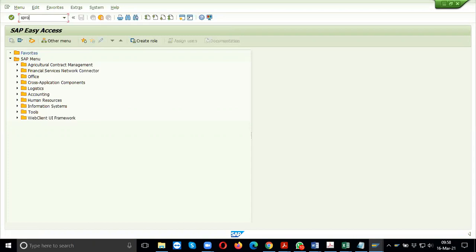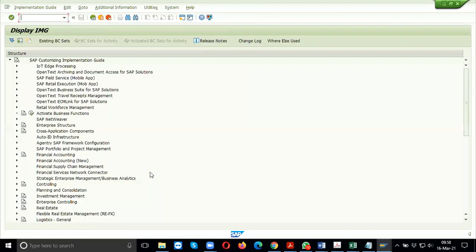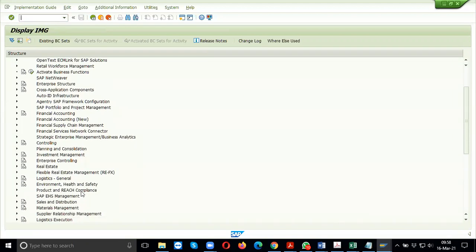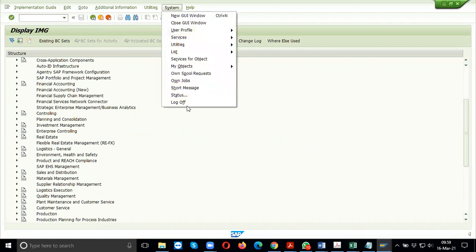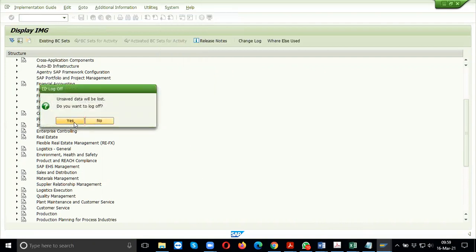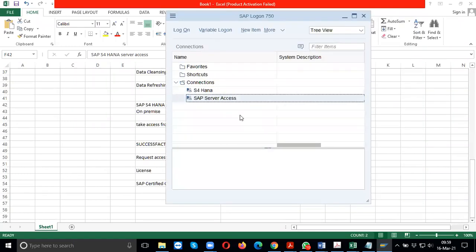Companies which are already using it are still using it. Under this, if you look at the SPRO option, that is SAP Reference Project Object, you get all the configurations below it for all modules. So it's supposedly real estate, logistics. Now here, this is the ECC application. Remember that, SAP ECC. That is the older version. ECC is the ERP version of SAP.